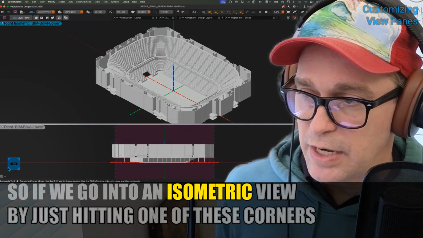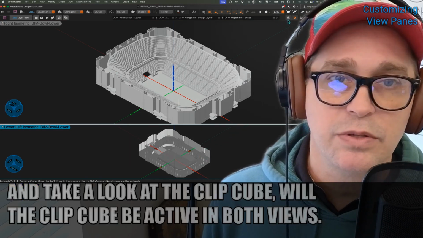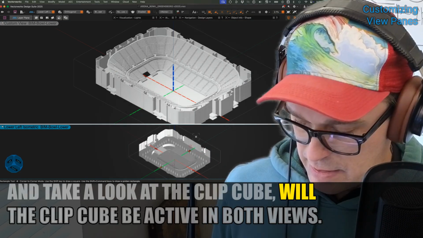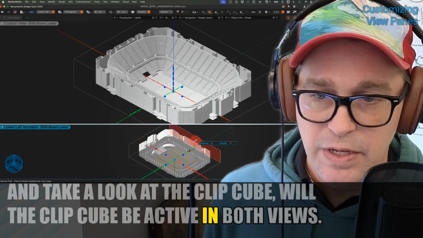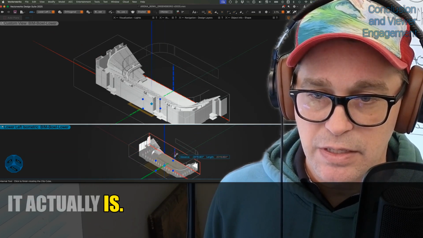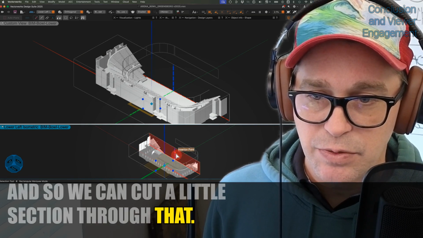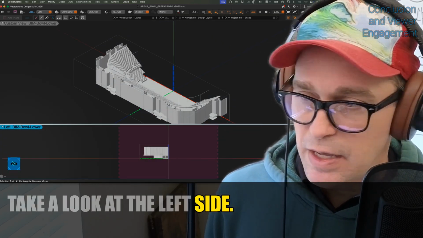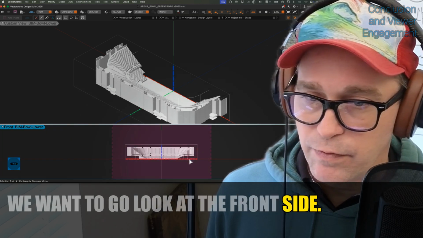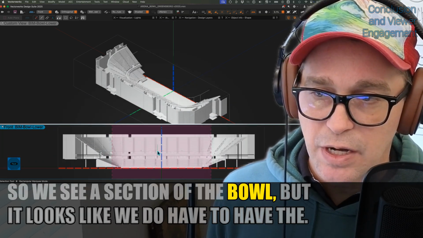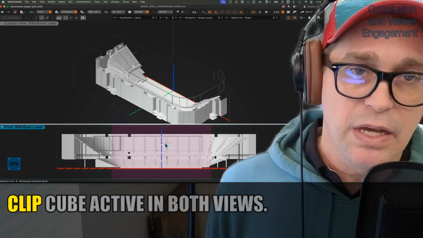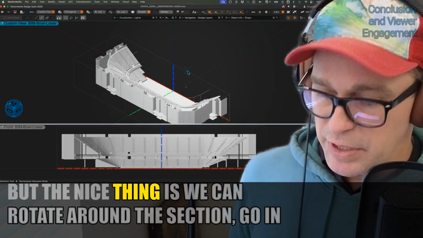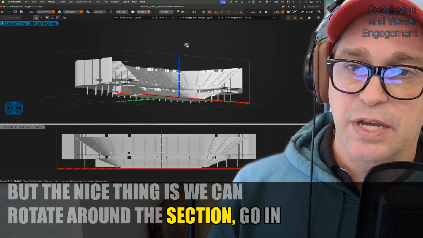So if we go into an isometric view by just hitting one of these corners and take a look at the clip cube, will the clip cube be active in both views? It actually is. And so we can cut a little section through that. Take a look at the left side. We want to go look at the front side. So we see a section of the bowl, but it looks like we do have to have the clip cube active in both views. But the nice thing is we can rotate around this section, go in there and work